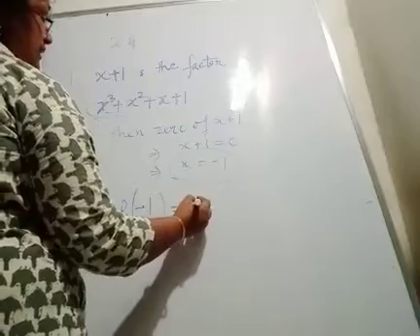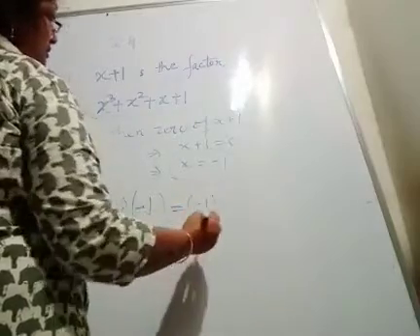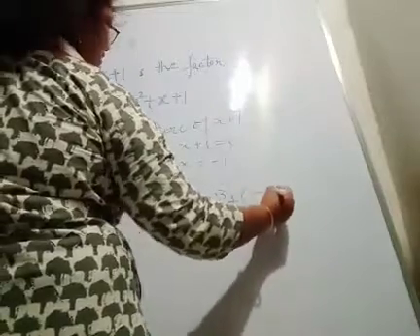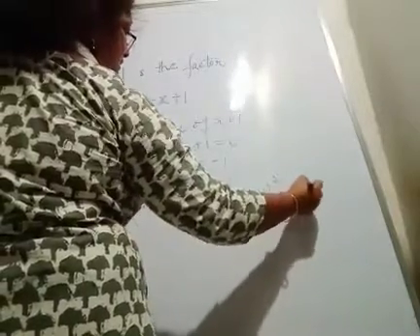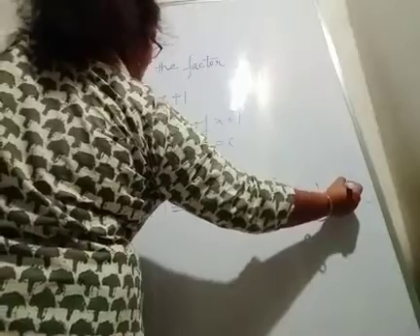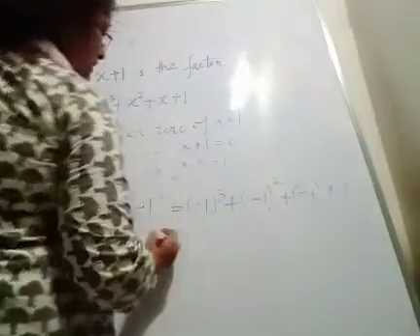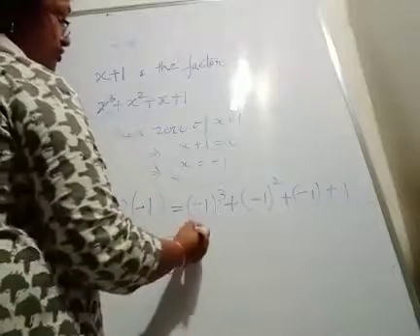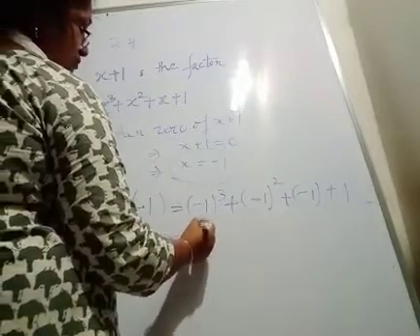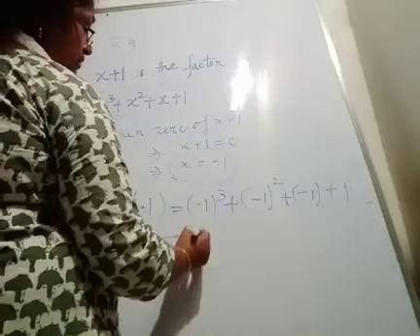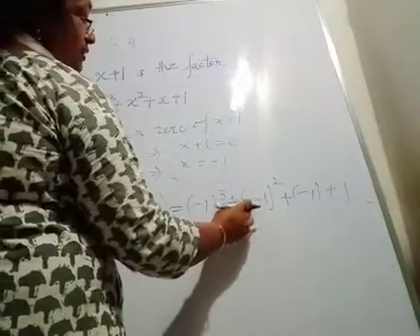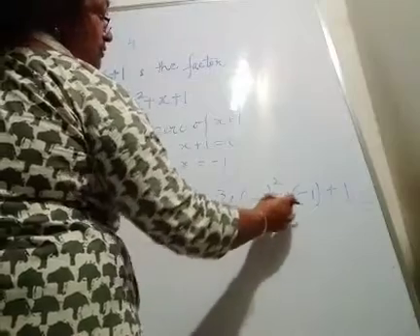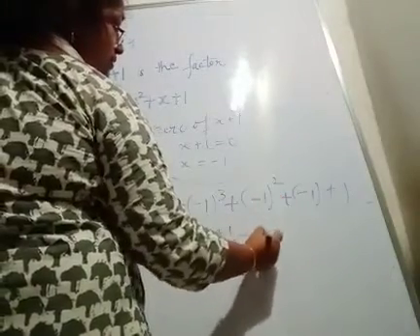Putting the value of x as minus 1 in this polynomial, what value we get, what remains, let's see. If the remainder is 0, then only we can say that x plus 1 is the factor of x cube plus x square plus x plus 1. If I multiply minus 1 3 times, what is the answer? Minus 1. If I multiply minus 1 2 times, what is the answer then? Plus 1. So plus minus minus 1.